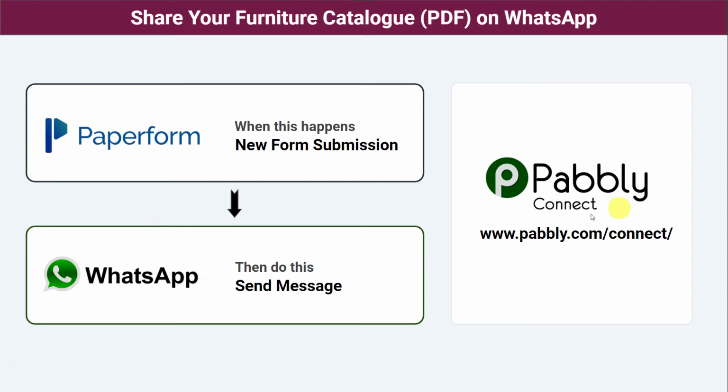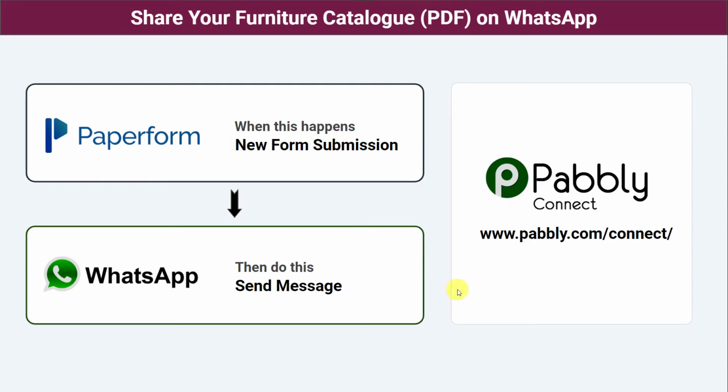Here we are going to use Pabbly Connect as a solution. So basically, Pabbly Connect is an automation and integration software which will help us in integrating paper form with WhatsApp automatically. The best part here is it doesn't require any coding skills or programming knowledge. Even a non-technical person can do this very easily. Here we are using paper form software application for collecting the form responses. In place of paper form, we can use JotForms, Pabbly Form Builder, Google Forms or any other form building application. Any application can be used over here.